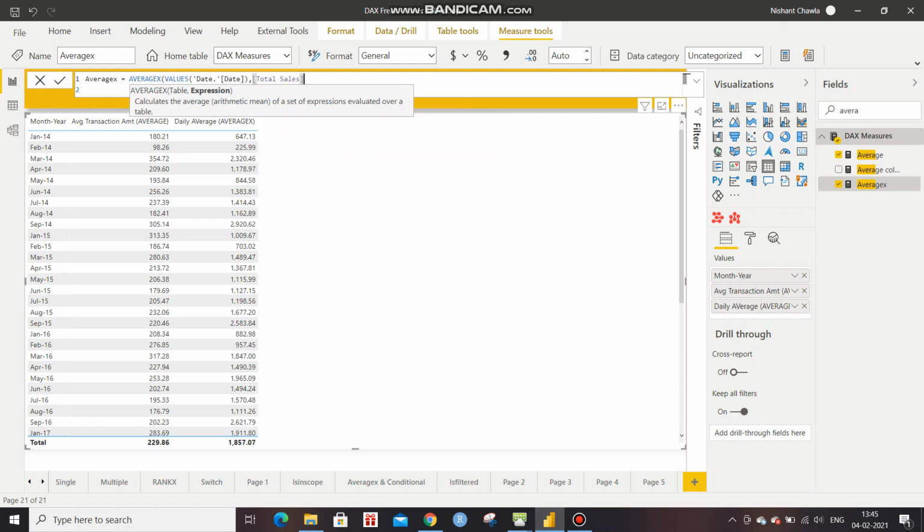That's just the sum of sales. So total sales here is the numerator, and the denominator would be the unique values of the date table we have. So if we have 30, 31, it'll just divide and give the exact result which is being thrown here, and that is the daily average.